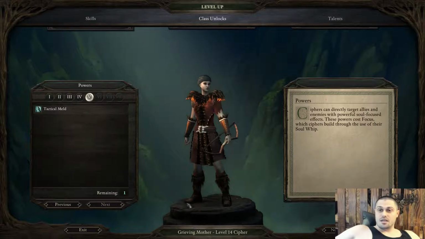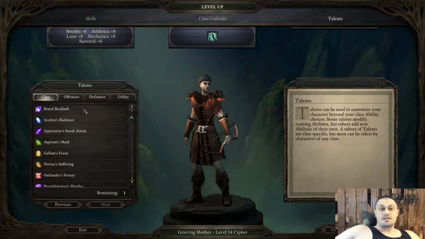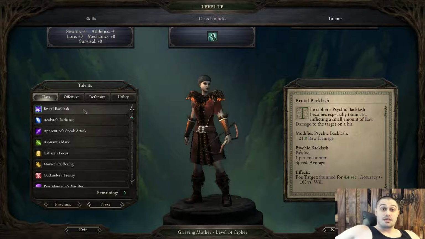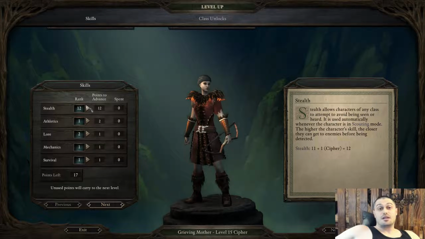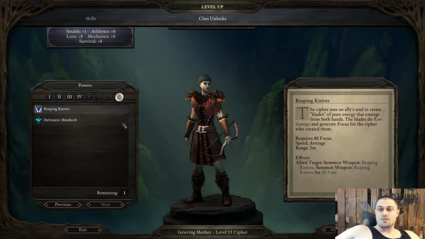On level 14 we just say next, and we're gonna learn Tactical Meld from tier 5 this time. As far as the talents go, it's Brutal Backlash. It's basically an upgrade to the previous Backlash that we took. Not only will you stun enemies when you defend versus will, you're also gonna deal raw damage to those enemies. On level 15 we're taking Stealth, and the final tier for the Cipher powers would be Reaping Knives,